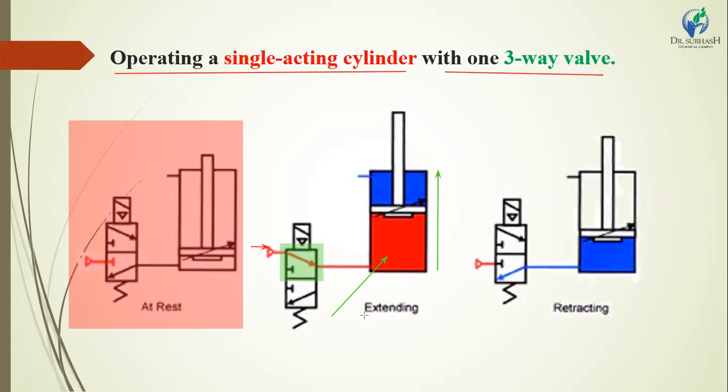Then after that, we require the piston to move back in the downward direction, in the retract condition. At that time we have to use the second position of the 3 by 2 valve. At this time the oil passes from the single acting cylinder to the direction control valve, and from the direction control valve to the hydraulic tank. Here the oil returns to the hydraulic tank, so we have to draw the hydraulic tank. Oil returns from the cylinder to the hydraulic tank. This is the working of a three-way valve with a single acting cylinder.